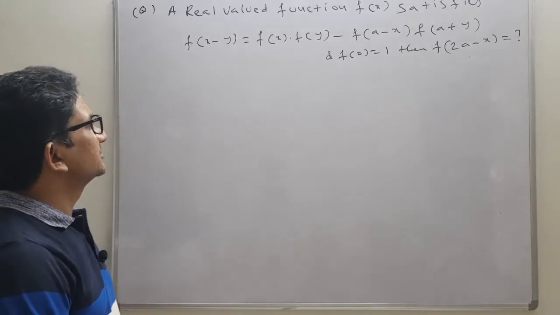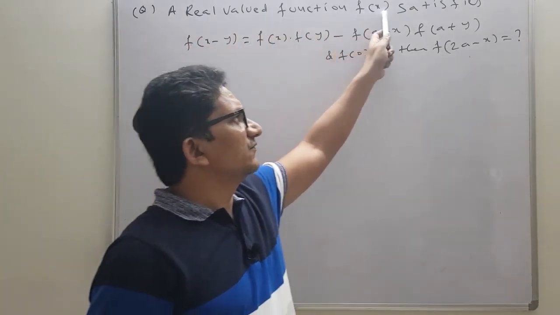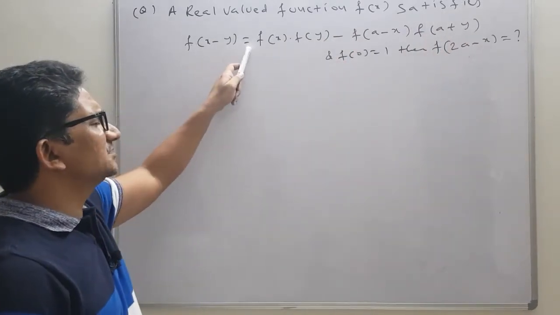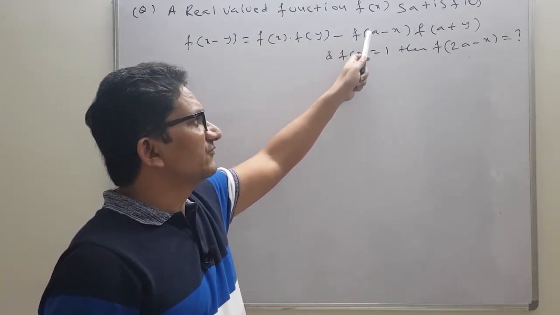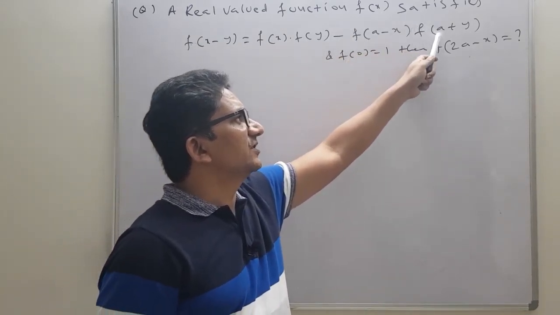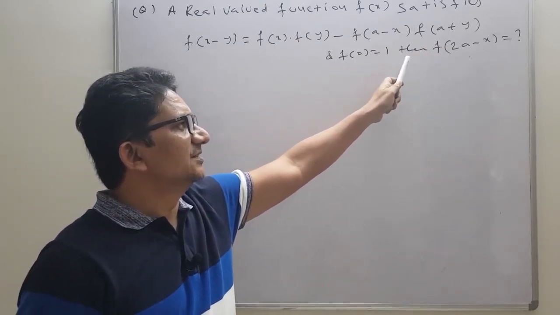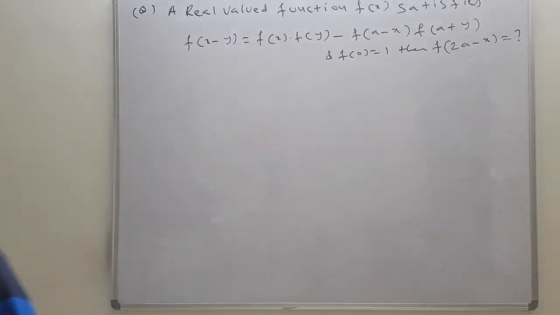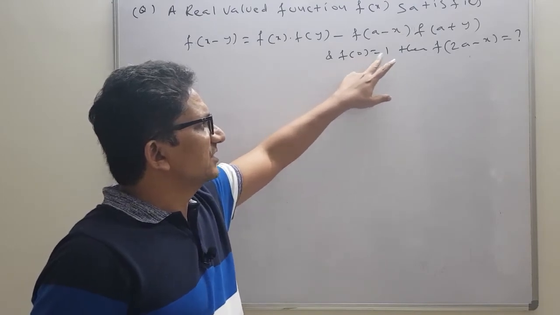Okay students, see the question. A real valued function f of x satisfies f of x minus y equals to f of x into f of y minus f of a minus x into f of a plus y, and f of 0 equals to 1, then f of 2a minus x equals to how much? Okay, now see, to solve this question, we will utilize this condition f of 0 equals